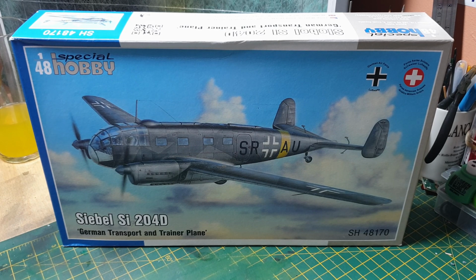Special Hobby kits, a brand new kit for this year, so it's a brand new Special Hobby kit. Serial number SH48170. One thing I do find with Special Hobby is they do only a certain amount of kit, so if